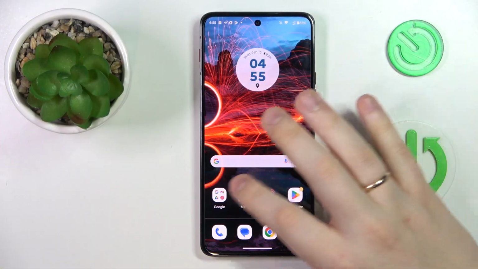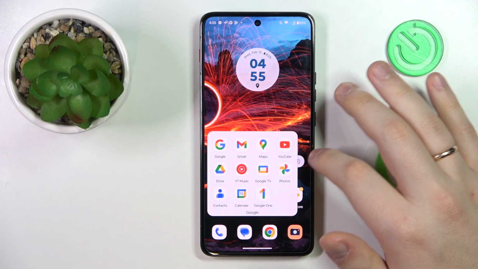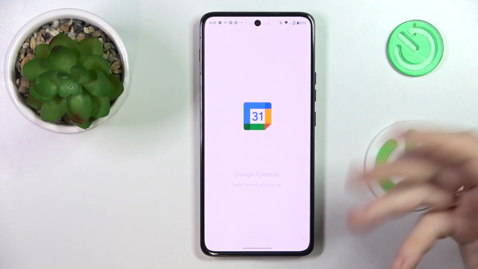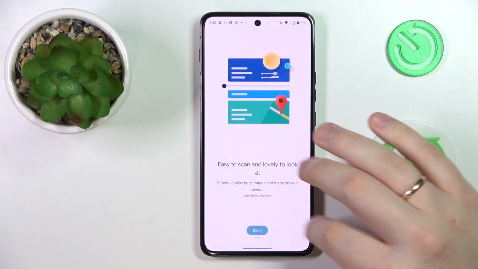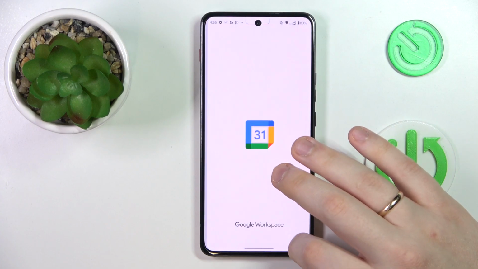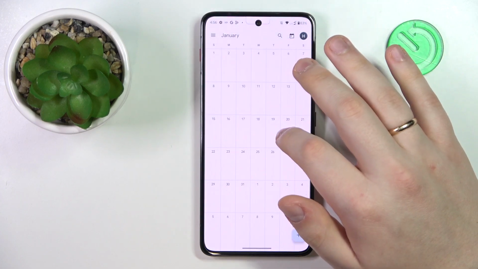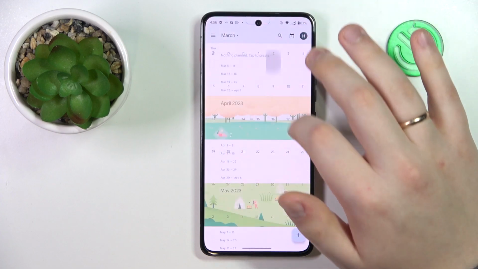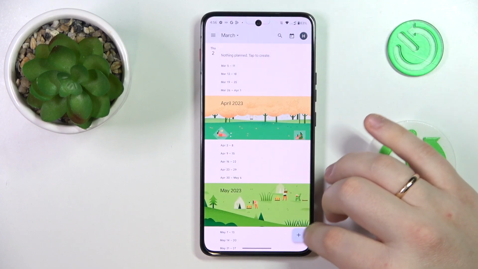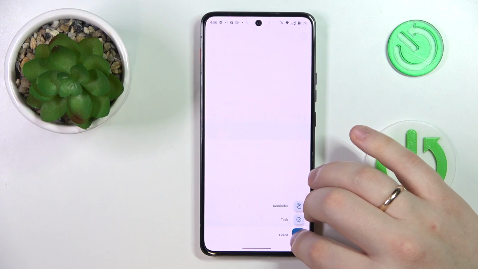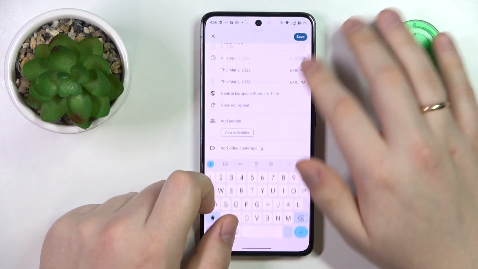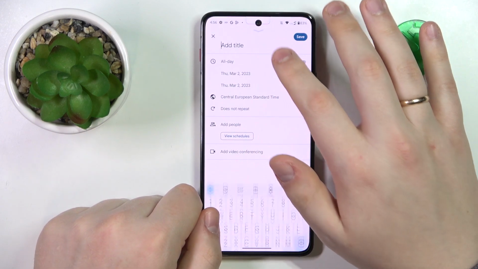So, to begin with, launch the Google Calendar app. Sign into your Google account if you haven't already. Then choose the date that you would like to create the event for. In here, tap at this plus sign, go for the event option, and in here you can set your event